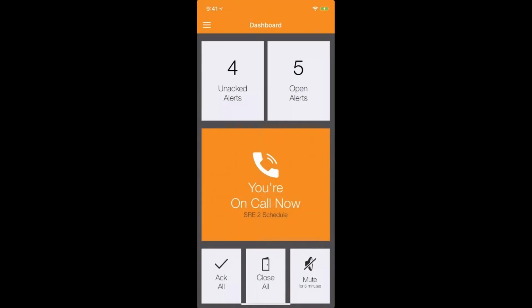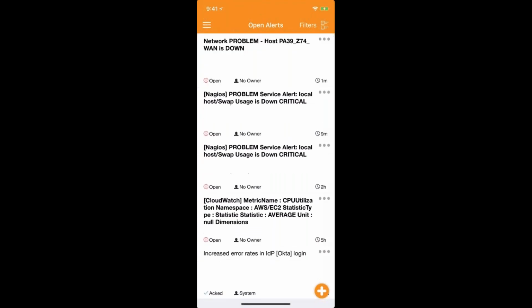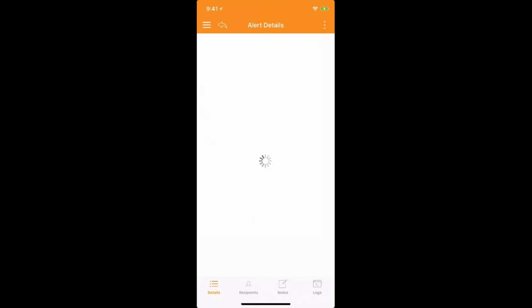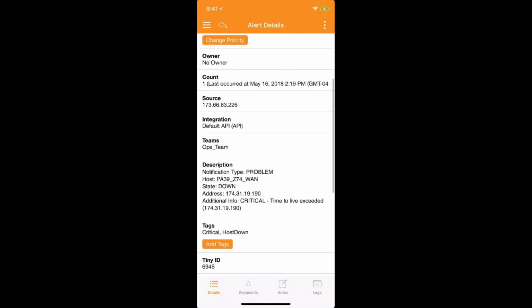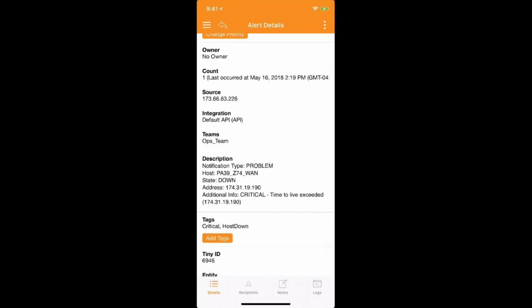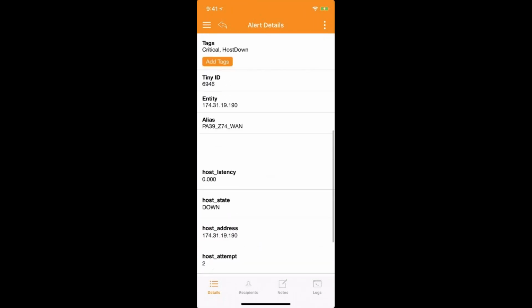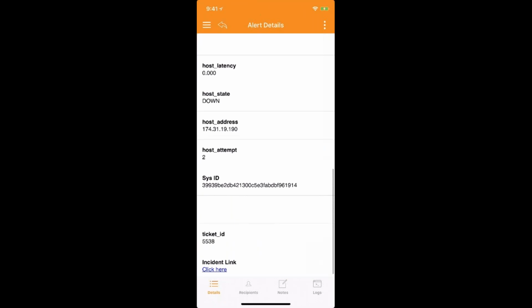So now I'm going to go ahead and trigger this alert. Now if we go to our open alert section, refresh the page, we have a new alert saying that this time a different host is down. So we can click into this alert to get all the alert details. We can see what host it is, the address, how long it has been down for, and the ServiceNow incident,